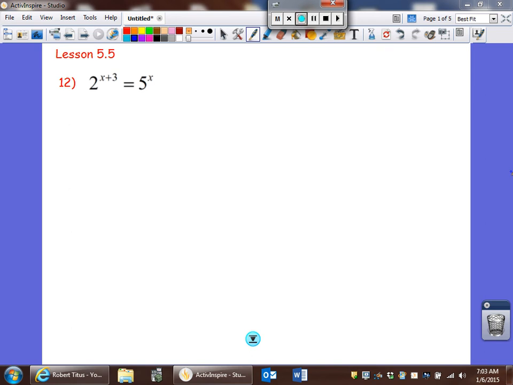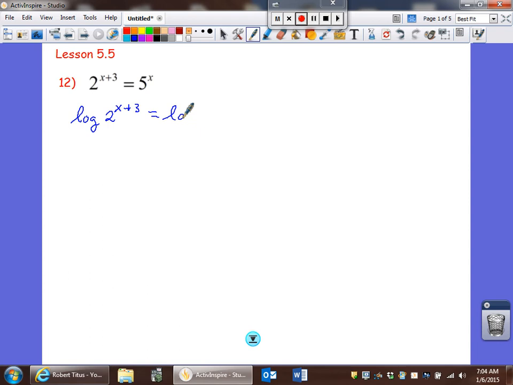Hi, in this video we're going to do lesson 5.5 and we're going to do some homework problems from here. The first one is number 12 and it has an exponent on both sides that contains the variable x. So we're going to take the log of both sides of the equation